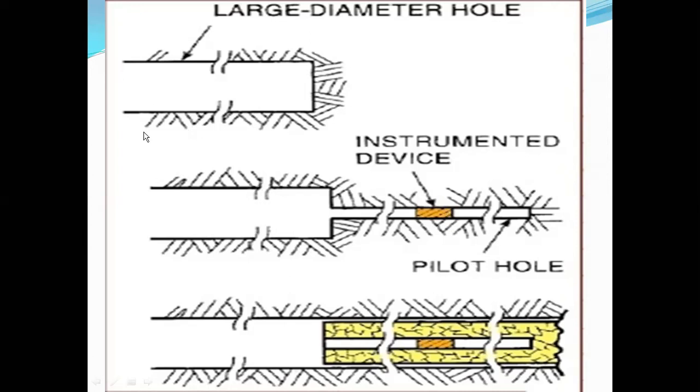So this is step one, and in step two, the pilot hole is drilled, and in that the deformation gauge will be placed. Next, the rotary drilling, hollow hole rotary drilling, of the NX core, the larger hole diameter, will be carried out again, which will make some kind of overcoring. Look at here, let me draw a diagram.